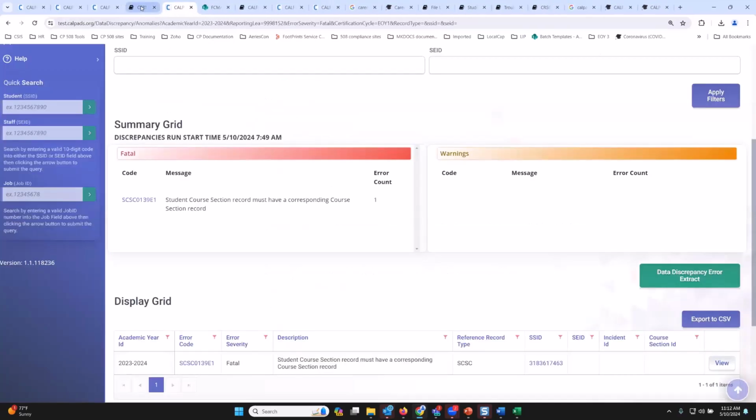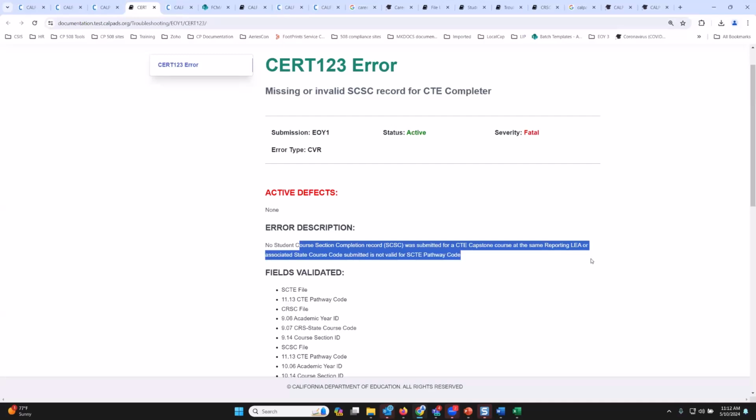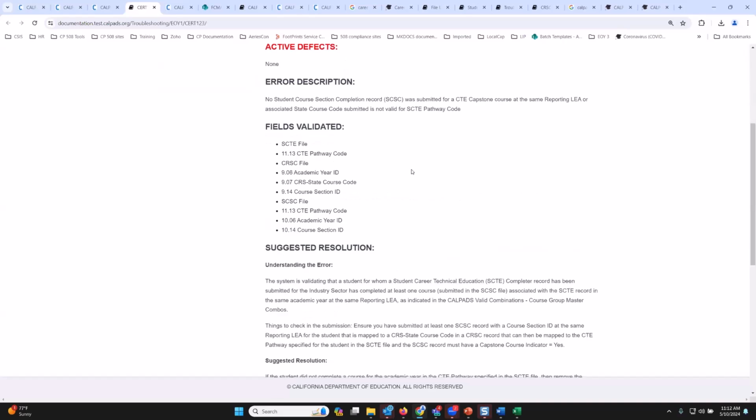This error is stating that, hey, there's no student course completion submitted for a CTE capstone at the same reporting LEA, or the associated state course code submitted is not valid for the CTE pathway code. The fields being validated are this, and the files being validated are the SCTE file, the CRSC file, and the SCSC file.